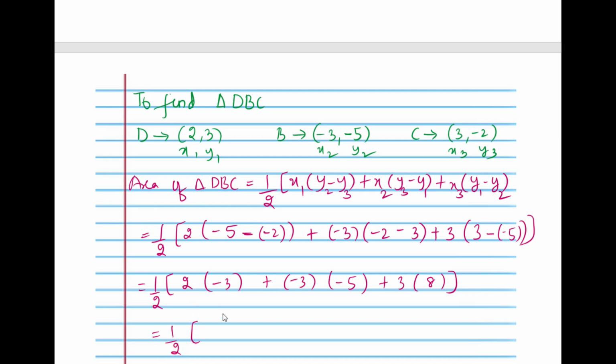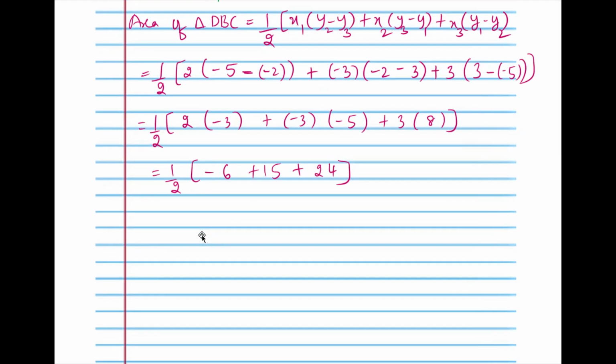Half into 2 into 3 is 6 plus into minus minus plus minus into minus plus, 3 5s are 15 plus 3 times 8 is 24. Half into minus 6 plus 15 is 9 plus remaining number, that is 24. What we get? 9 plus 24 is 33 divided by 2